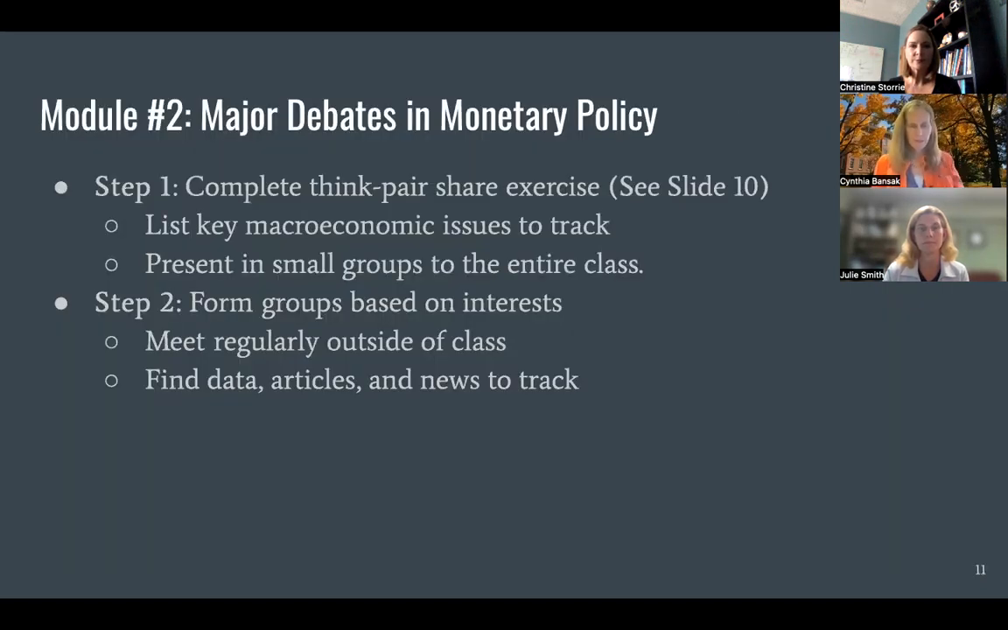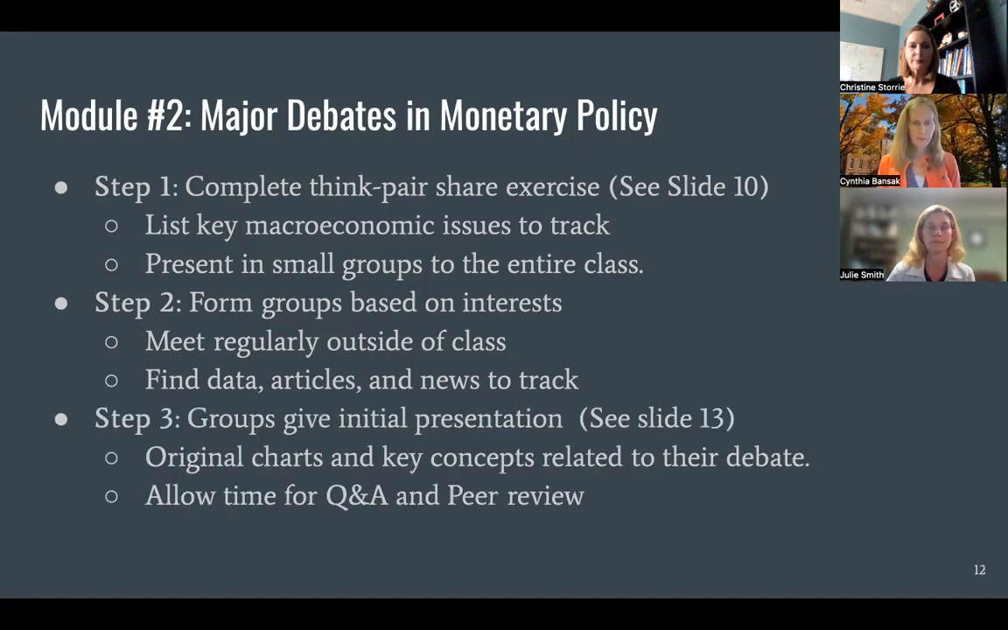In the second step, the groups start tracking their top choice, their top debate. They pick a team name, and they schedule meetings to work together for several weeks before they give 2 presentations. Next slide. In step 3, they give a 5-minute initial presentation to the class with original charts and key concepts